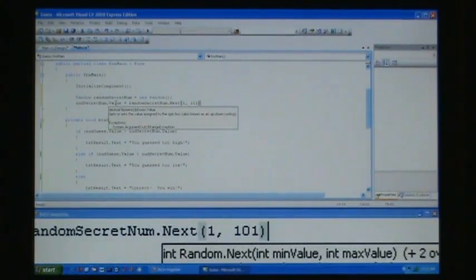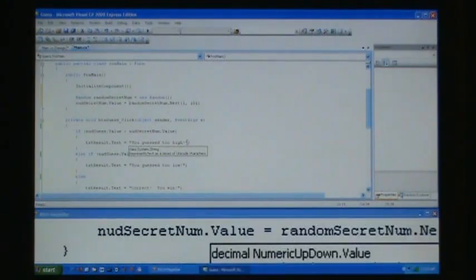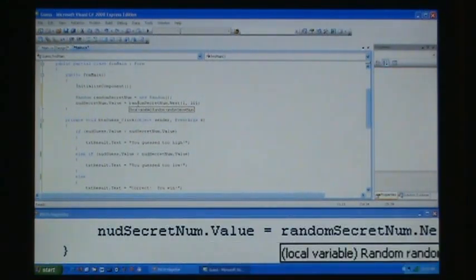However, value is of type decimal. Now that can be a problem because Visual Studio is not going to let us store an integer into a variable of type decimal. So what we need to do, what we need to insert before the call to random